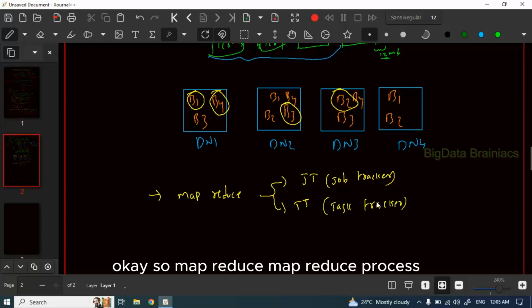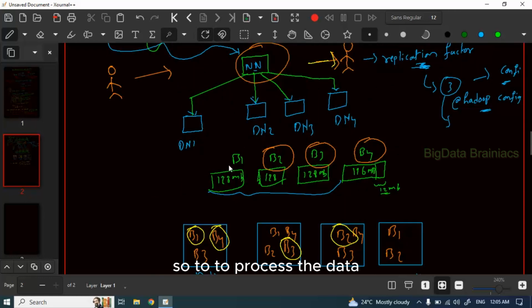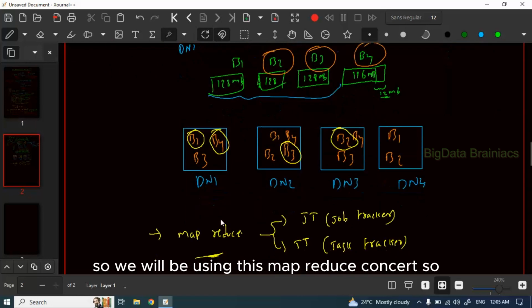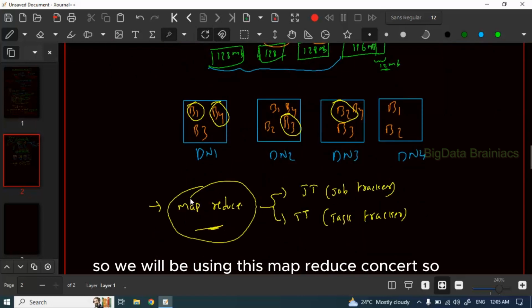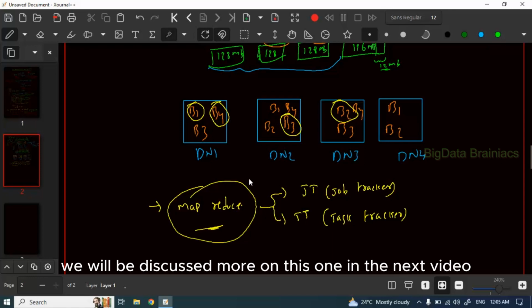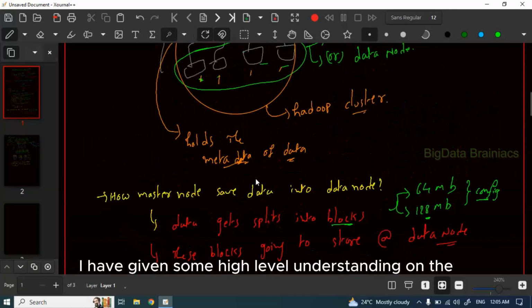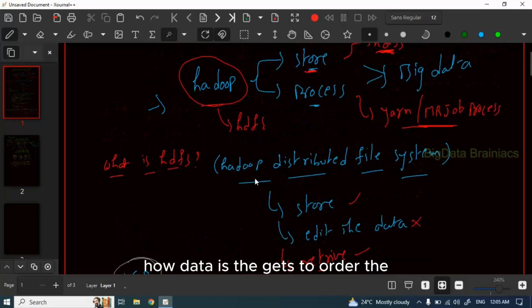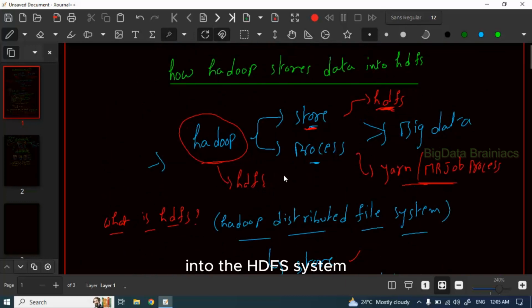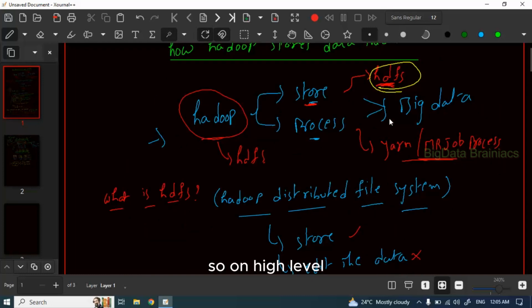So, the map reduce process. To process the data, we will be using this map reduce concept. We will discuss more on this in the next video. So, hope you are able to understand. I have given some high level understanding of how data gets stored into the HDFS system. So, on a high level,